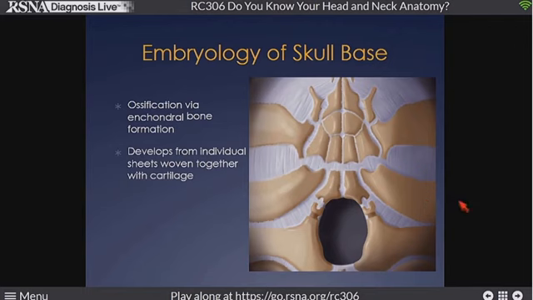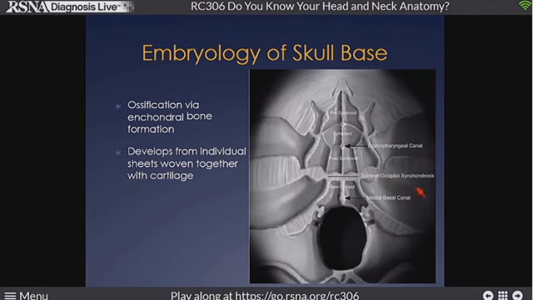So, the embryology of the skull base essentially develops as these little sheets of fiber cartilage that ossify. So if you can imagine sheets of cardboard becoming formica, at some point it turns into formica, starting with these little sheets of cardboard. They get really firm and they ossify. So in the fetal and developing neonatal period, we have these little sheets of poorly ossified cartilage that develop in separate little metameres of development. So they're all kind of scattered around here in this sea of cartilage. They're all named.